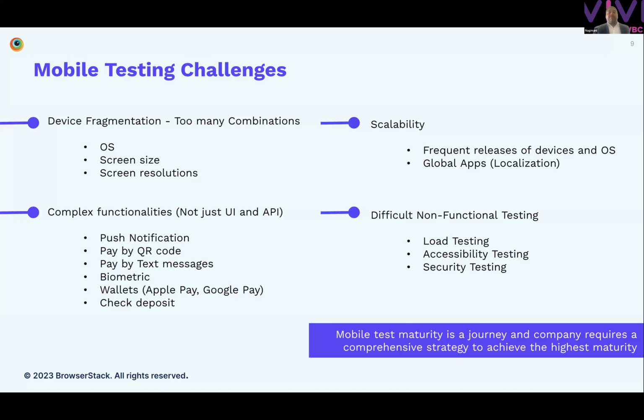That means we should take care of the load testing. When we say load testing, we mean how the mobile app works across different user profiles. Some users may have hundreds of apps running in the background, and then they will try to launch the banking app, or a mobile app, in a very low bandwidth. So we need to make sure that the performance of the app is tested well before